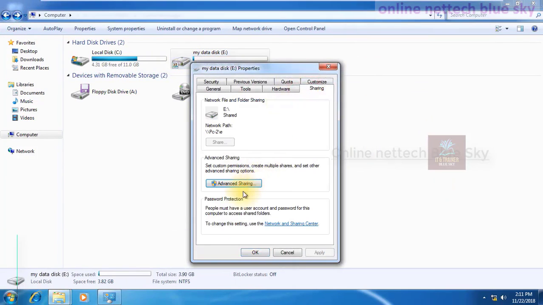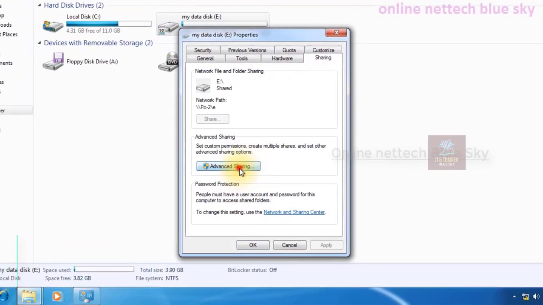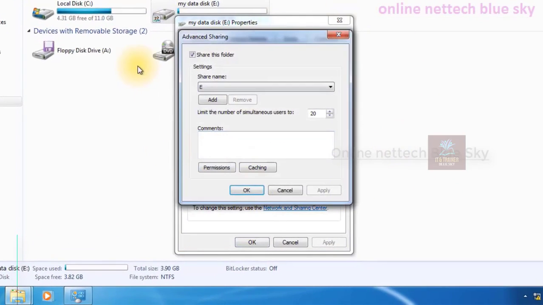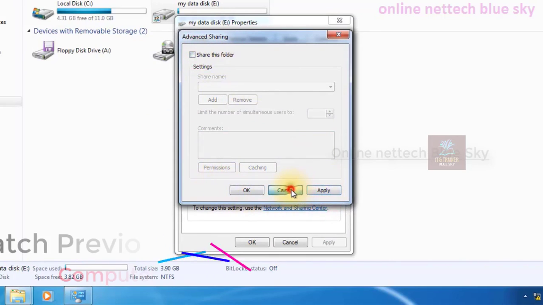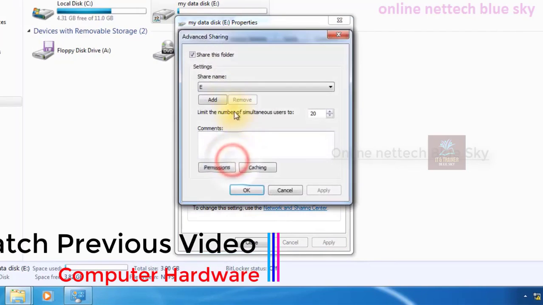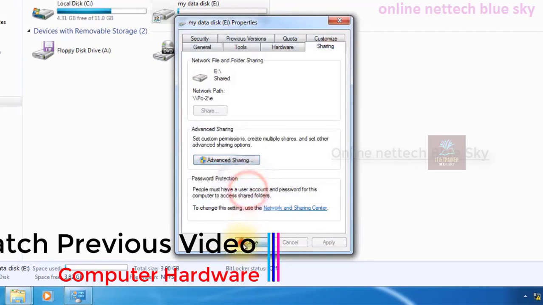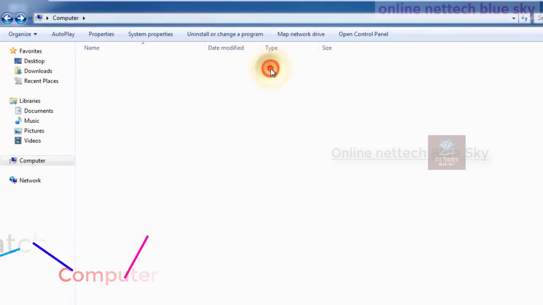So you can see my sharing first here. Just click on sharing and share, and click on here. You must click on here and click apply and OK. So any change you make, you must apply and OK. So when you first come here it shows grayed out options. So you come here and click on share and apply and OK.